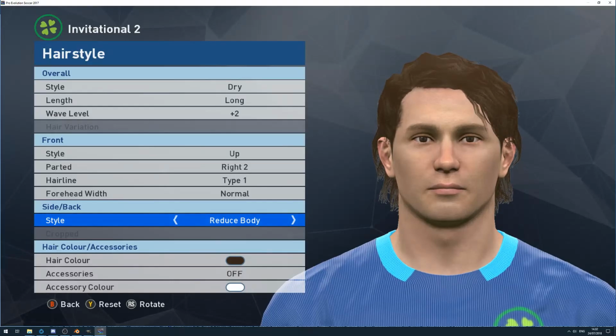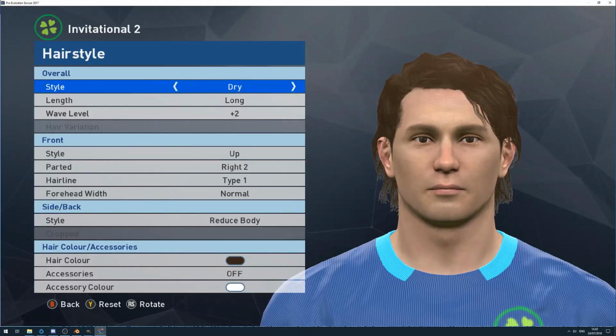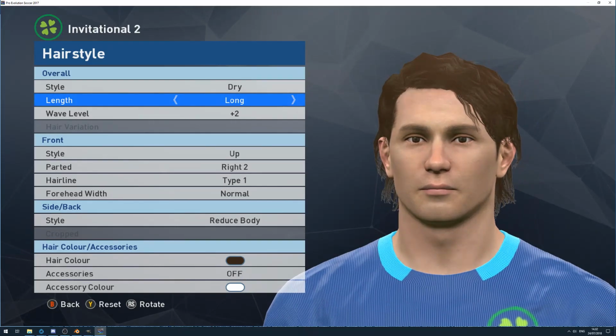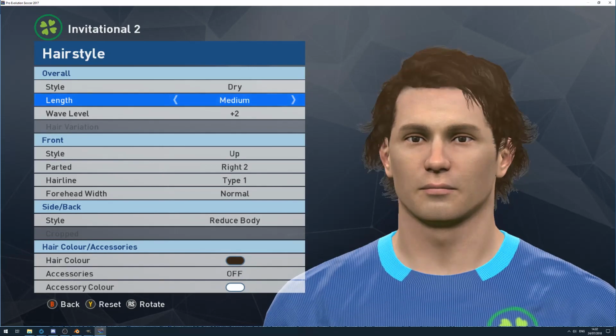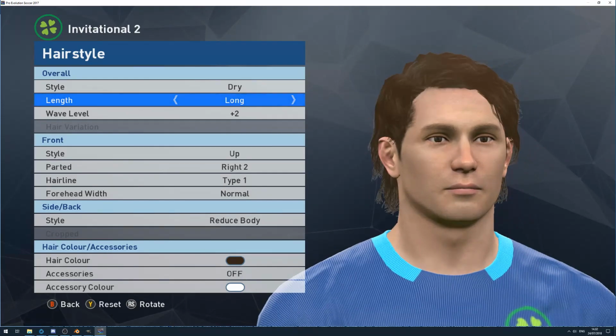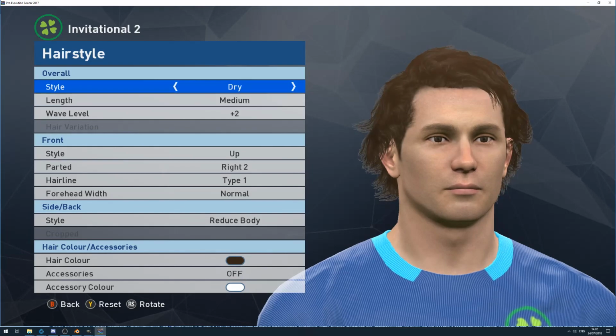I'm going to keep it as reduced body for now, and what I'm going to do is, it looks close but it's not, it's a bit too flat, so I'm just going to swap between medium and long. Yeah, medium looks a lot better compared to long, which really is a bit flat and a bit too long. So go back to medium,